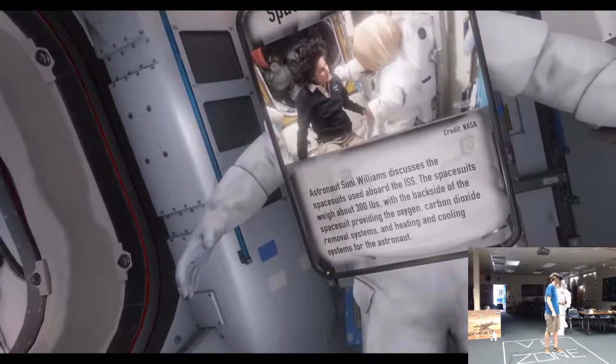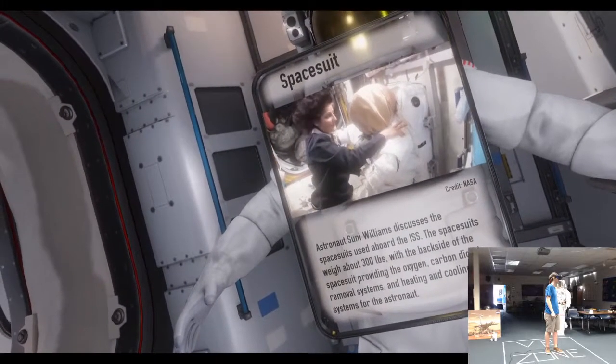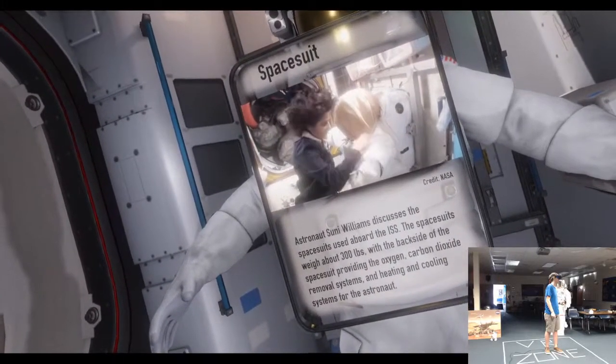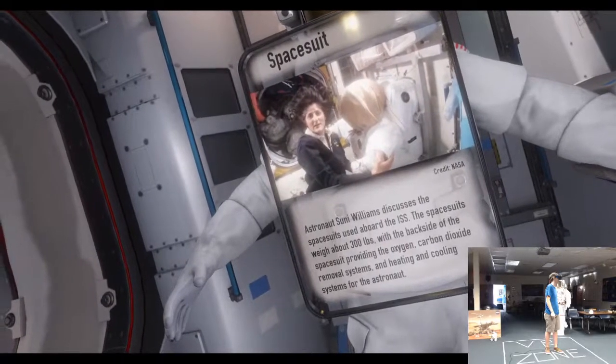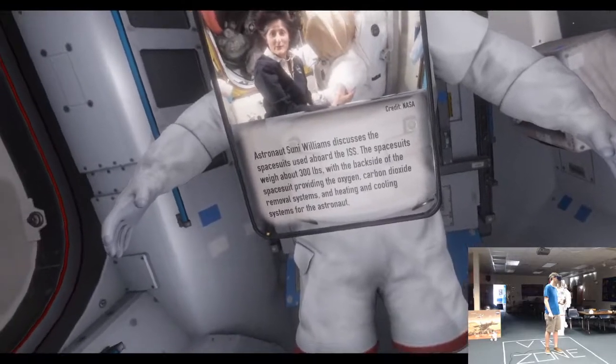But we need to have such a big suit because that guy back there is essentially the heart of the spacecraft. I call this actually a spacecraft. It has all the oxygen for you. It has all the